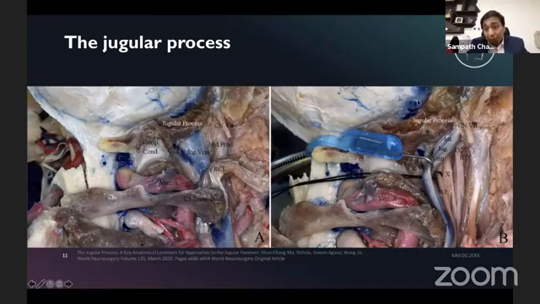And what lies now after drilling out the mastoid tip, and medial to the mastoid tip and lateral to the jugular foramen, or the jugular bulb itself, is a thick piece of bone called the jugular process. You'll have to drill this to be actually able to see the jugular bulb as such. Okay, so this is the importance of the jugular process.